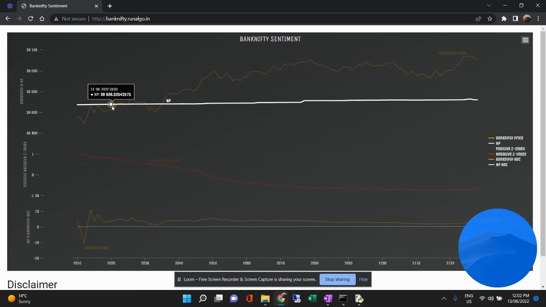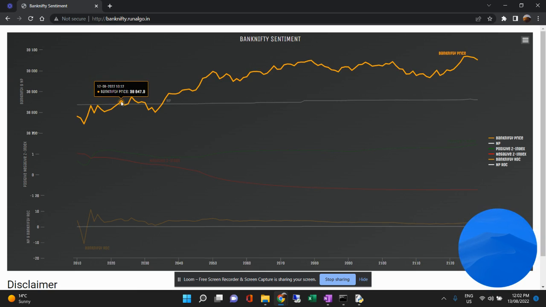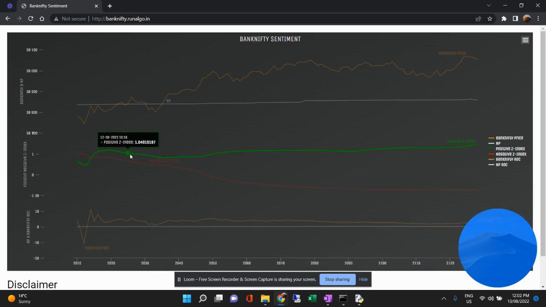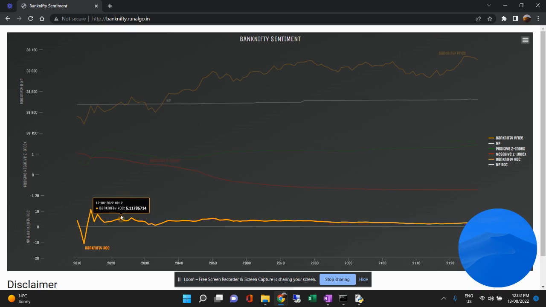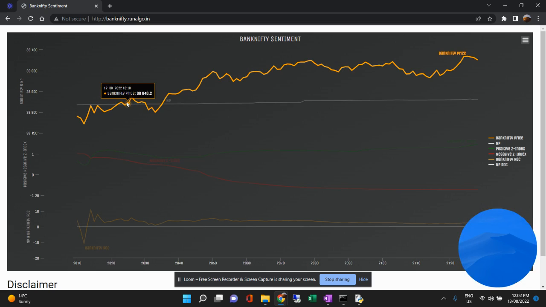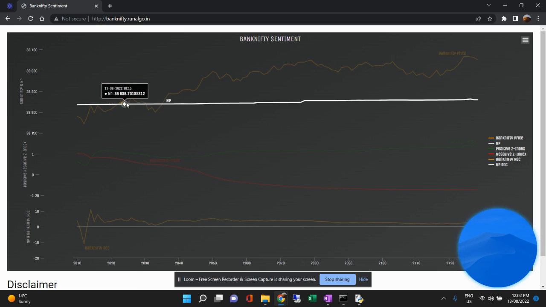So what we can conclude using these three graphs is that when the Bank Nifty price goes higher than the neutral point, which it did at around 10:12 here, the positive and negative Z index at 10:12 was higher. The positive Z index was higher than the negative Z index, which means more money has been put to make the market rise compared to make it fall. And over here, we can see that at that time Bank Nifty was changing much faster compared to the neutral point, so we can conclude that the market is going to rise from here, which it did,